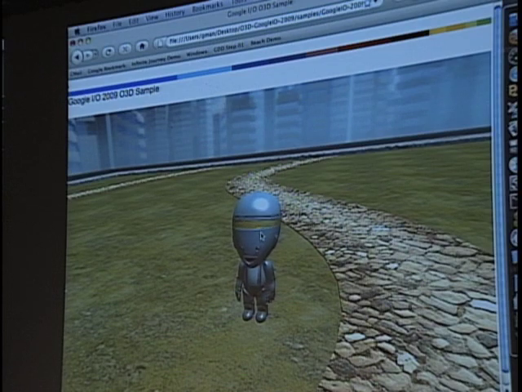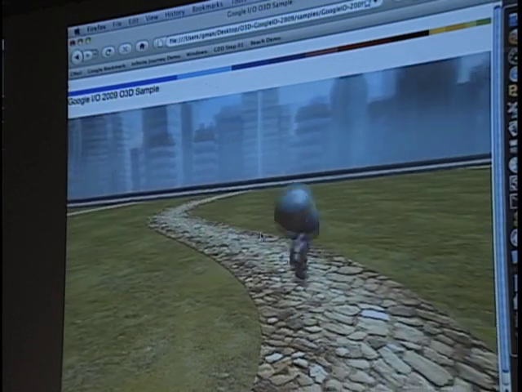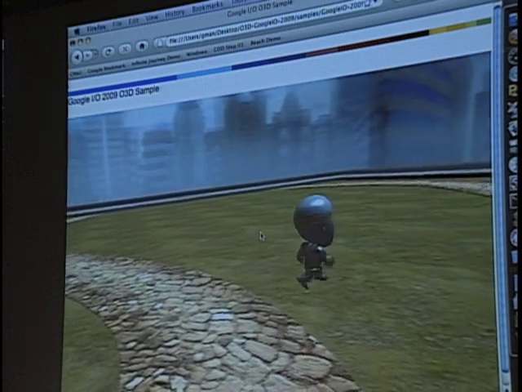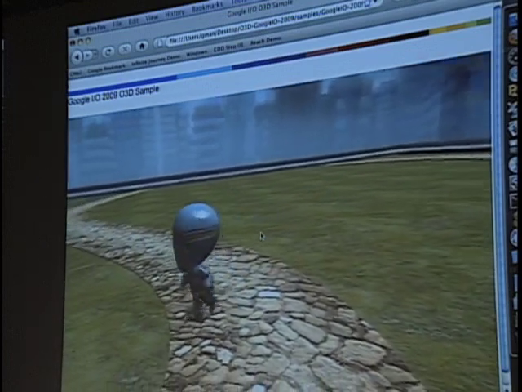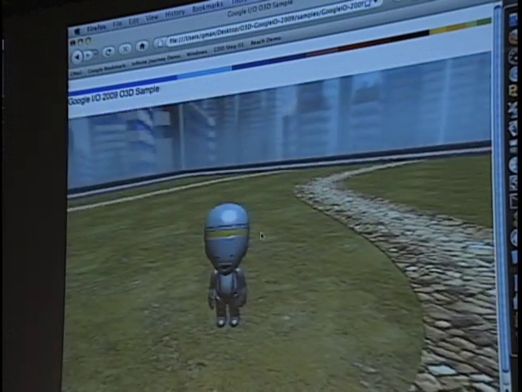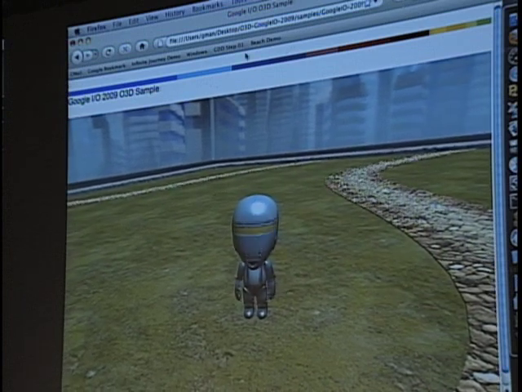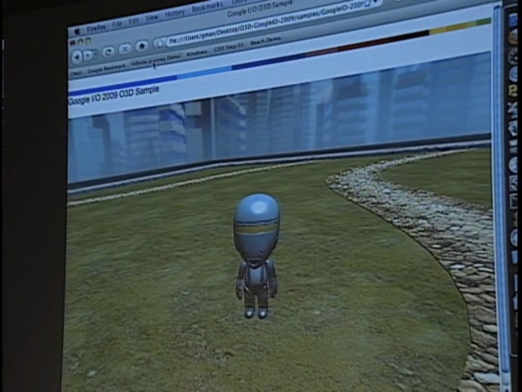And there we have it. We have our little game with a scene loaded in about 20 minutes. So if you take that to its logical conclusion, this is an